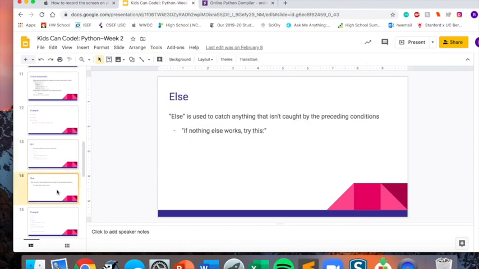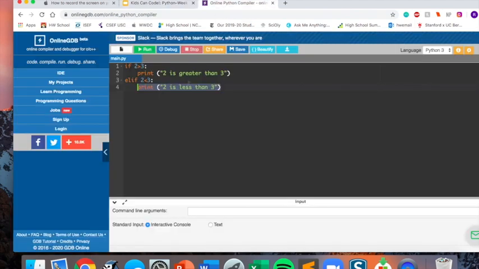The else conditional is used to catch anything that isn't caught by the preceding conditions. So if nothing else works, do this. So for example,